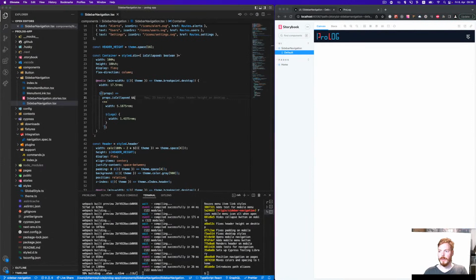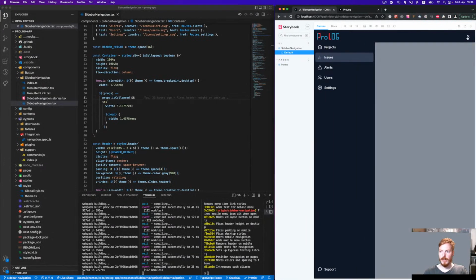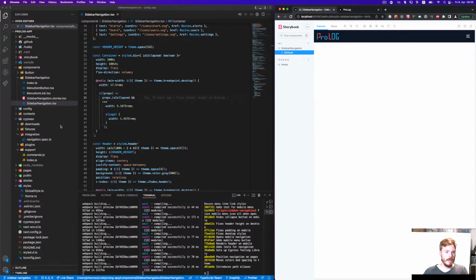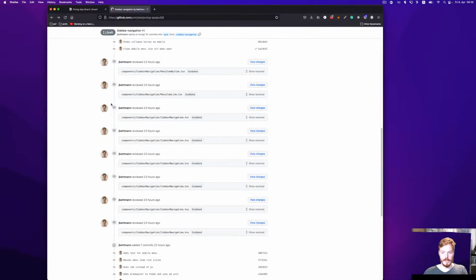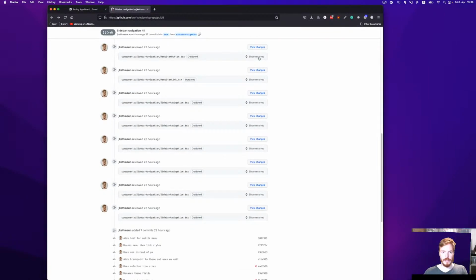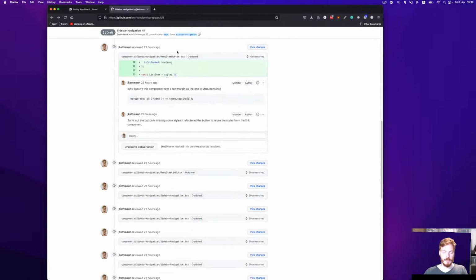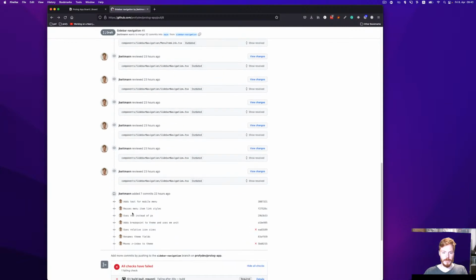So this sidebar, I fixed some issues here and also tried to write some Cypress tests for the mobile version. And there I got stuck, as I said, and we had this code review here. And here you can see all the commits fixing the comments. Let's have a look at the